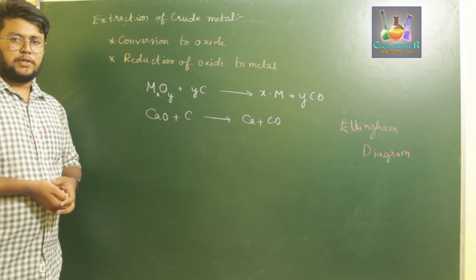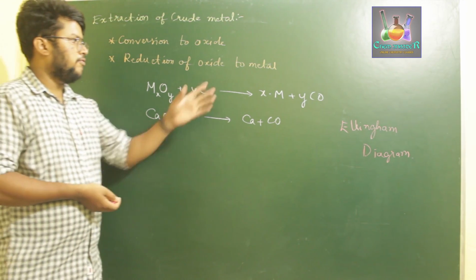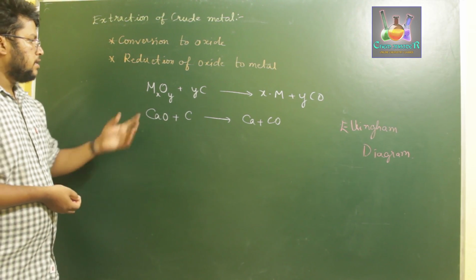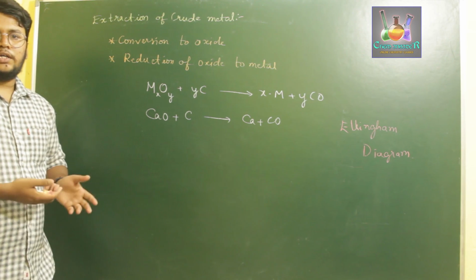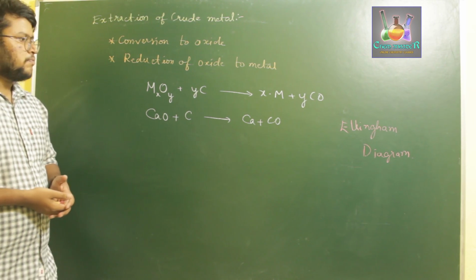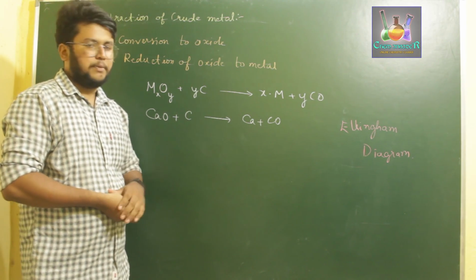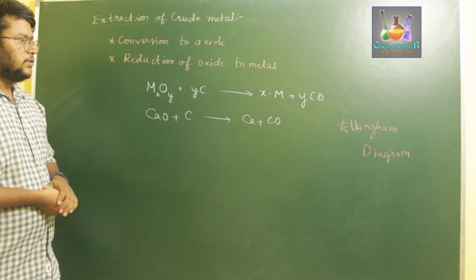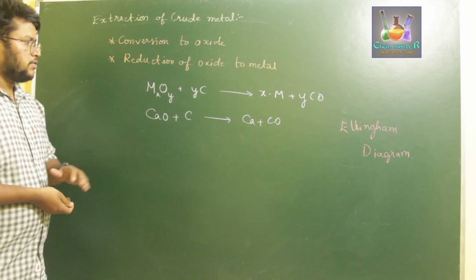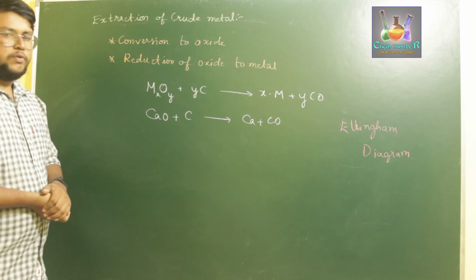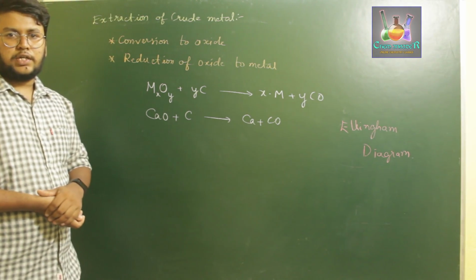Once they are converted to respective metal oxides, we then reduce those metal oxides to the pure metal. For example, we treat a metal oxide with carbon, carbon monoxide or any other metal which has a reducing property, which gives us our metal along with carbon monoxide. So this is how we do it. And to use a particular metal in order to reduce another metal from its oxide, we need a diagram called the Ellingham diagram, which we are going to study in our next video.